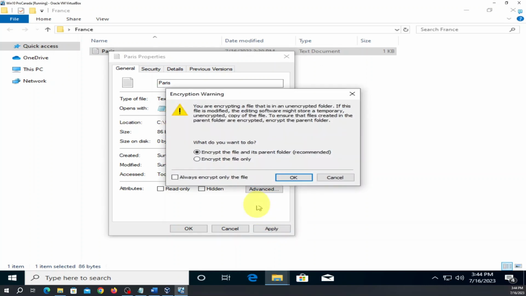Okay, you see encrypt the file and its parent folder. Okay, recommend they put here. Okay, if you want to do that, encrypt the file only. I can say that's what they put recommend. Okay, so